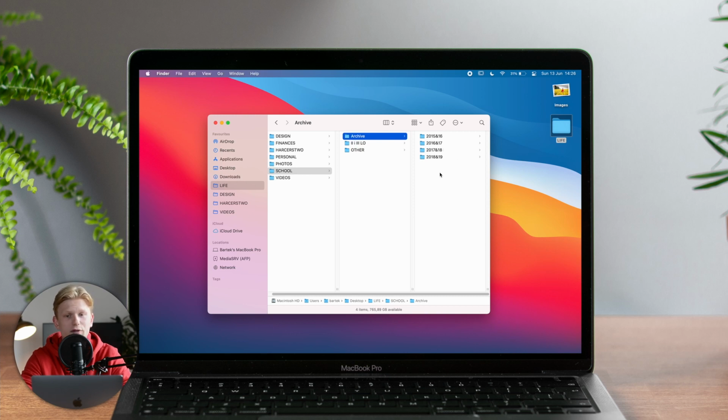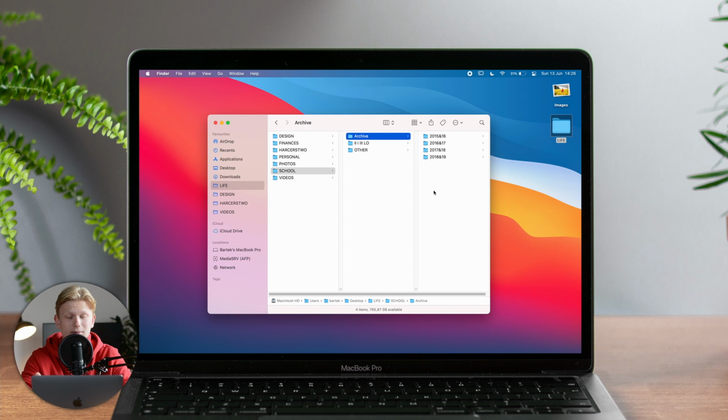And this way, if I know when the file was created, approximately at least, it's very easy and very seamless to find it. And that is what a file management system should be, a system that allows you to find files easily. This is very minimalistic, and that's how I like it. It works for me, and if it works for you, then go ahead and copy it, do the same thing